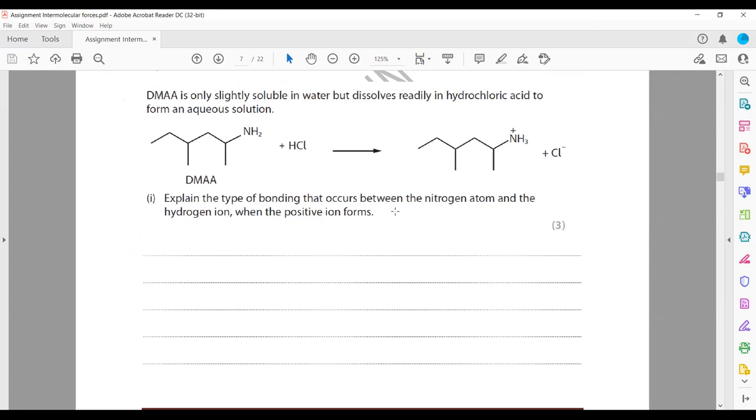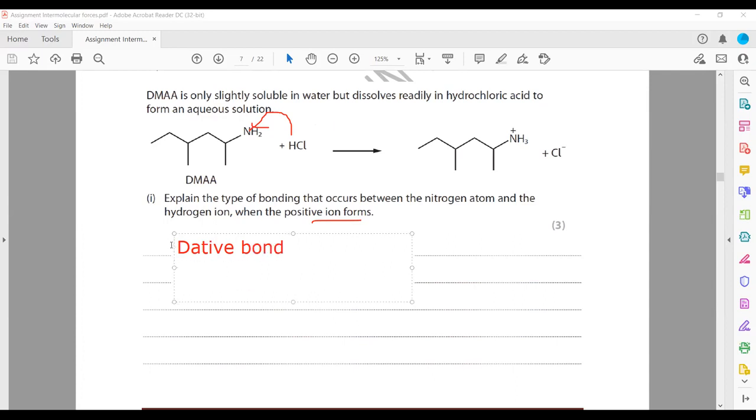Then explain the type of bonding that occurs between the nitrogen atom and the hydrogen ion. The hydrogen ion is transferred, so what kind of bonding is there? When they form a positive ion, the bond between nitrogen and hydrogen is a dative bond, because hydrogen is attracted towards a lone pair of nitrogen, as the hydrogen does not have any free electron. So we have to state the type of bonding. So there's a dative bonding,